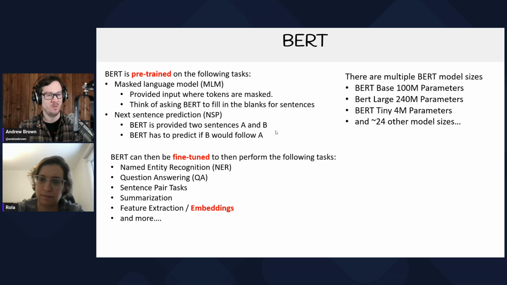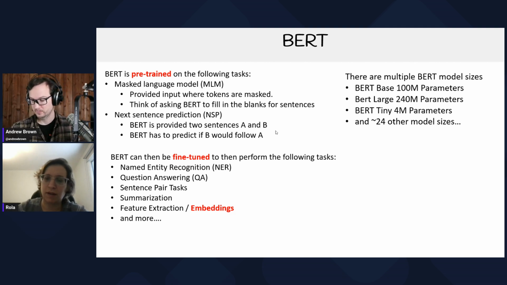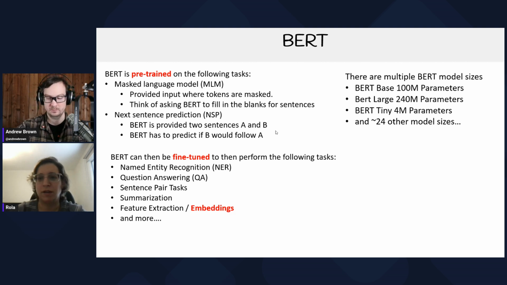Is BERT tiny, 4 million, is there any use case for such a small model, other than learning? I think if you can put it on edge or something like that, potentially. It depends again what you want to do with it and how well it does. It's really hard to know what a model will do in any particular situation. What we do know though is that